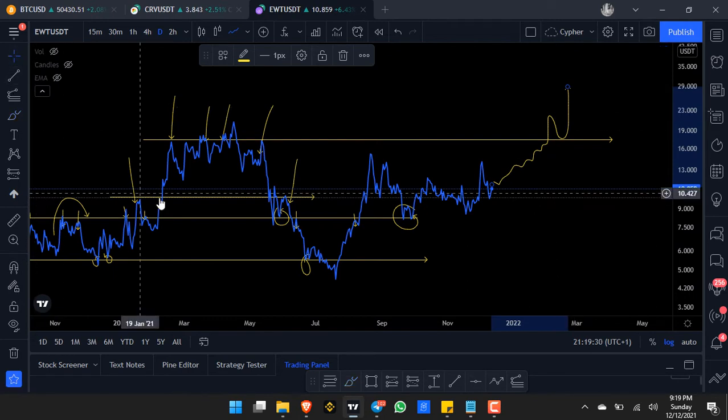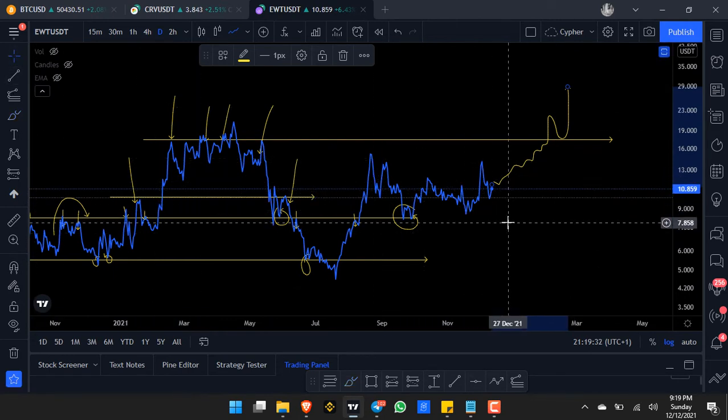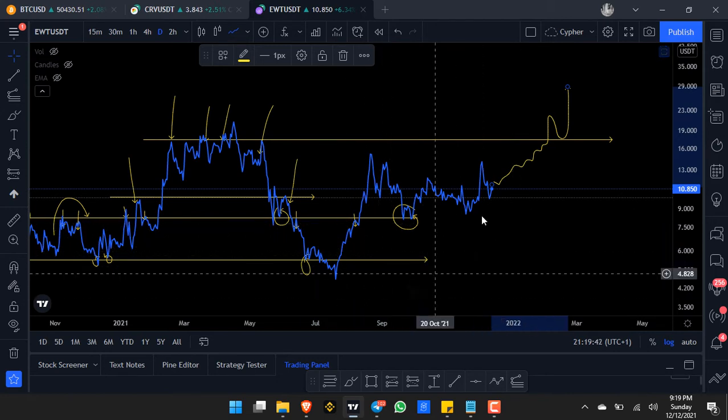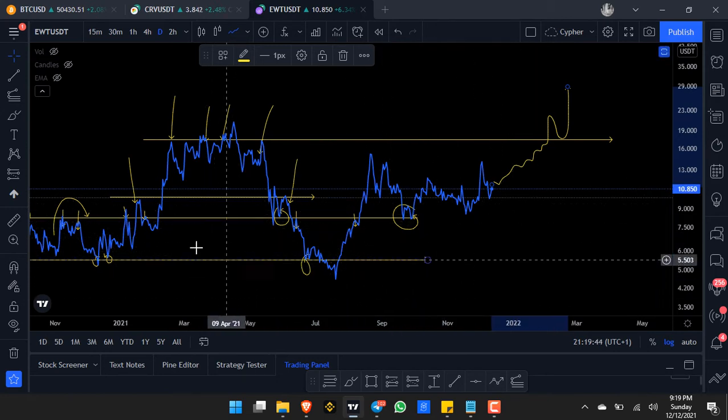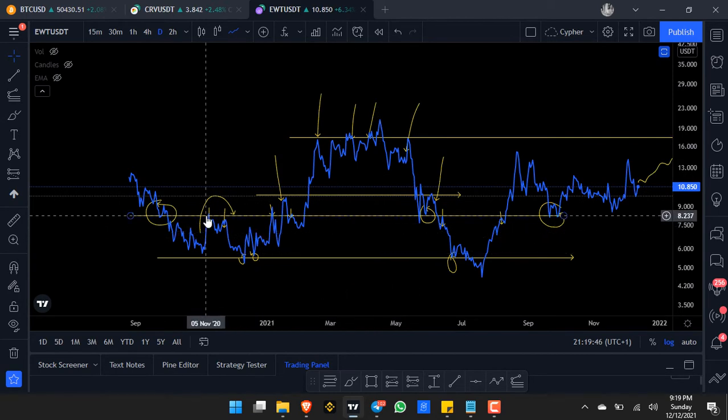So you as a trader, someone buying an asset in the market, either to hold or to trade, you don't want to buy an asset when it's currently at a resistance level, because